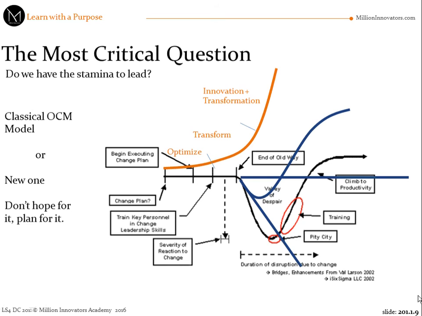So the methods are there. They're all viable. Disruptive change doesn't say that you have to do one or the other. You can choose. You can follow the classical method, or you can do the transformation. There's no right answer. It's just what you have, the need, and the resolve.